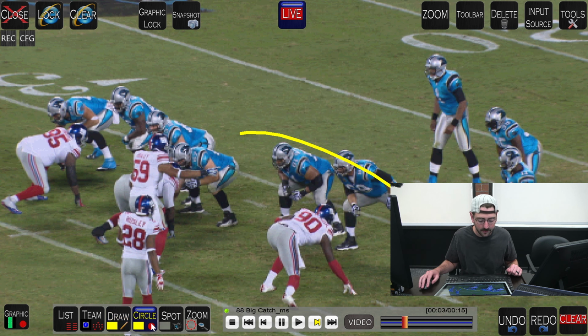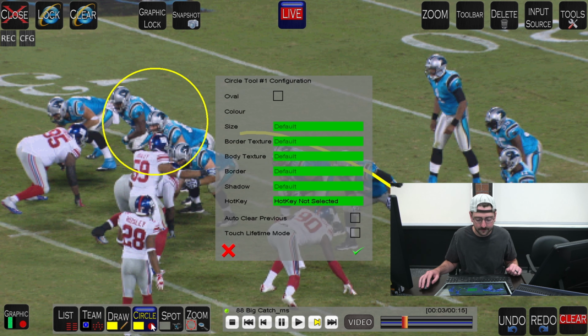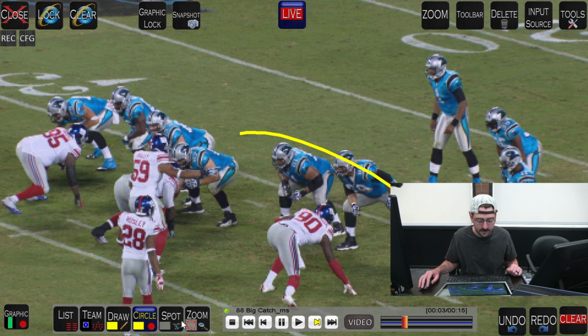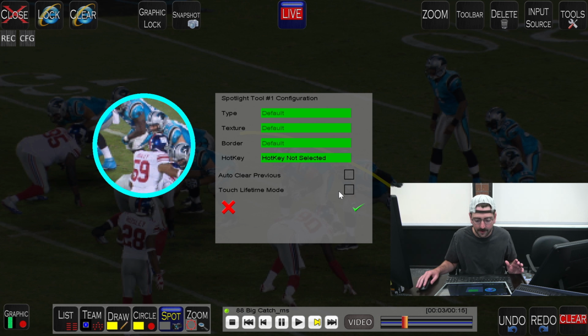Same for your circle. Very similar editing features there. And for your spotlight, you've got that auto clear previous, and you can assign hotkeys to any of these things. So if you want to just push a button on your keyboard,